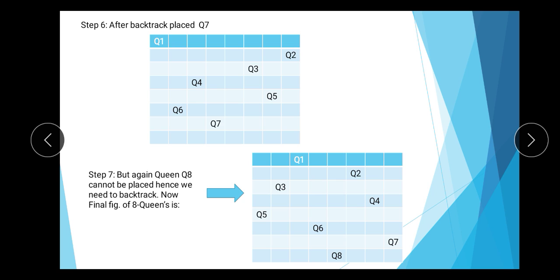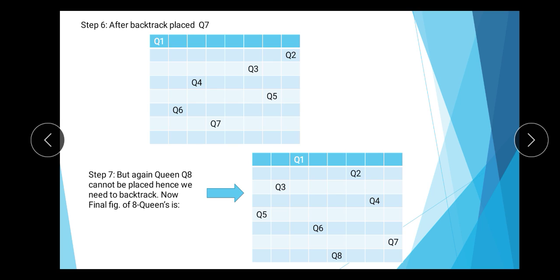We place our first queen on the first row, third column, we place our second queen on the second row, sixth column, we place third queen in the third row, second column. Similarly we place our fourth queen in the fourth row, seventh column, fifth queen in the fifth row, first column, sixth queen in the sixth row, fourth column, seventh queen in the seventh row, eighth column, and lastly now